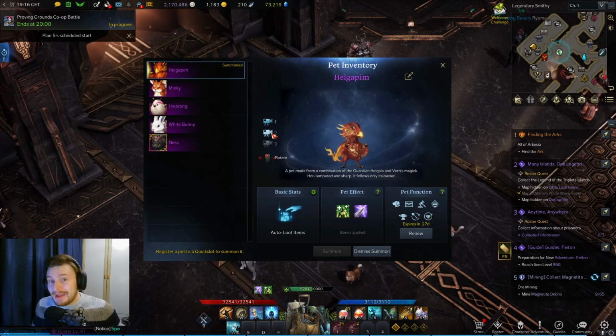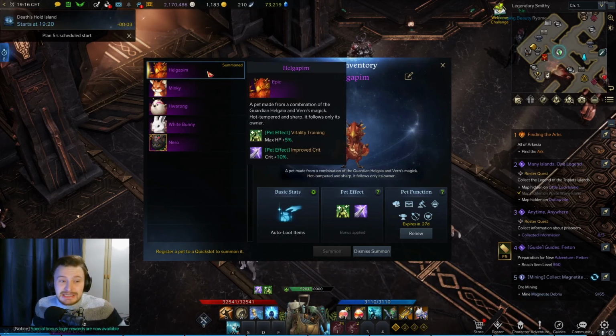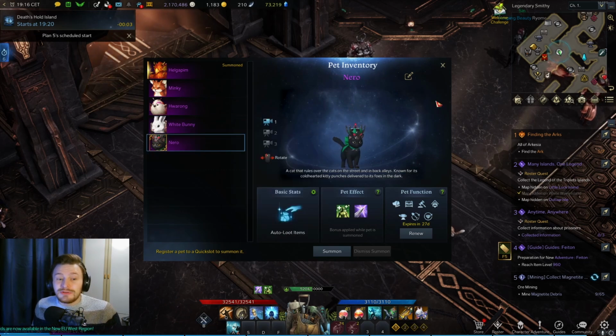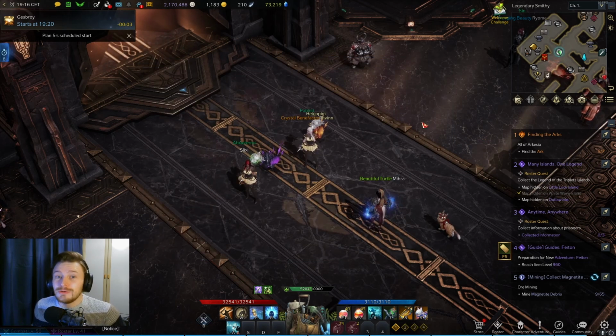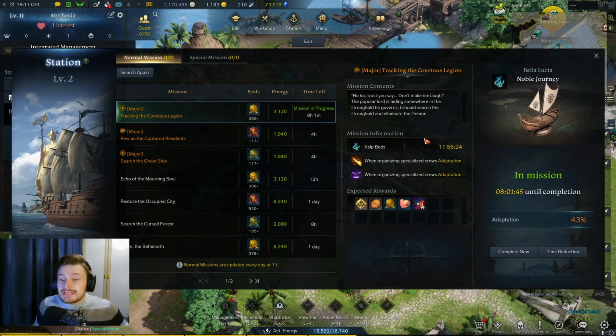So for example, I made this mistake myself, so I'm bringing it to you guys from personal experience. You can see I have 3 fire-based pets here, 1 frost-based and 1 darkness-based pet. Now, these are really important to get different elements for, because they actually correlate to your stronghold quests. So for example, when you go to your station or your dock type area, when you send a crew on